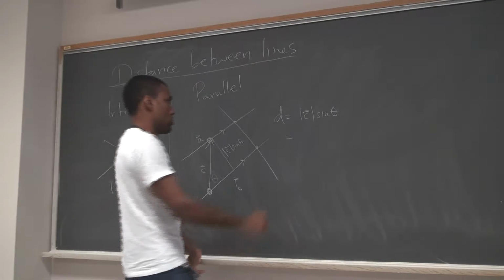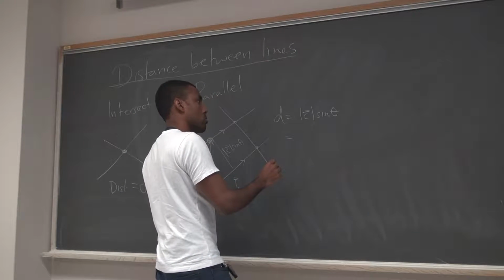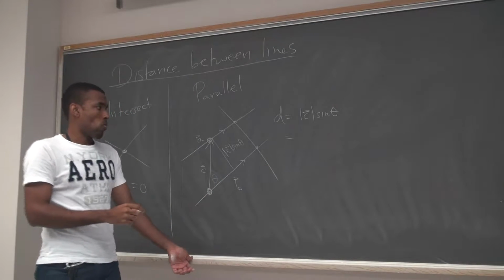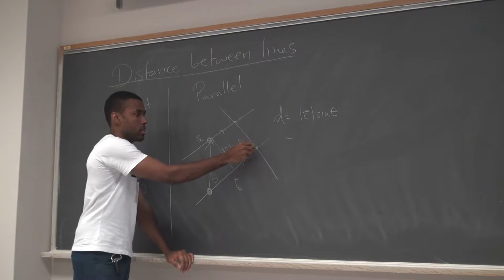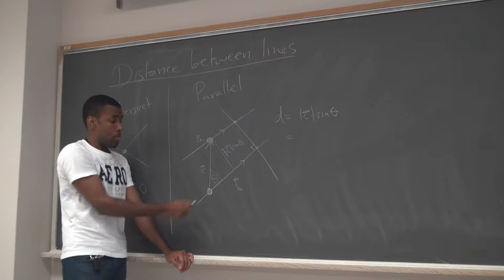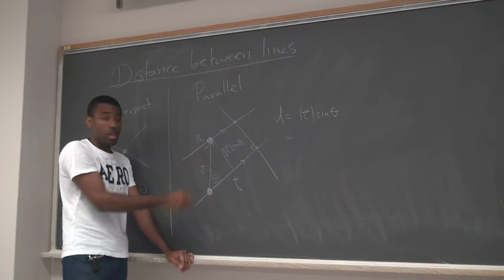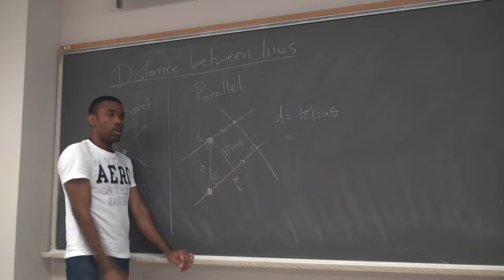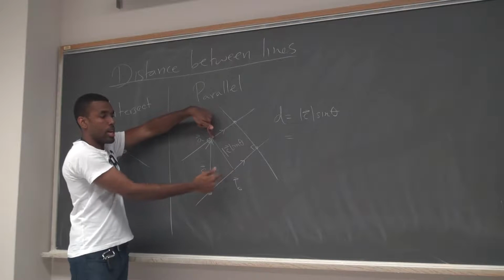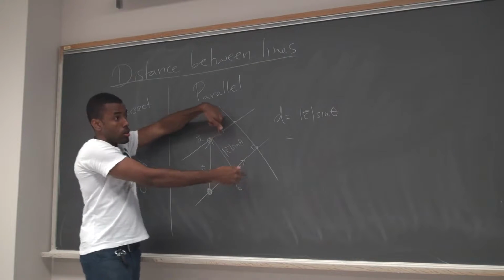Wouldn't the angle have to be 90 to find the shortest distance between two parallel lines? This angle is 90. This is the angle I'm talking about here. I pick two random points on each line, connect those with a vector, consider the angle here. I can find the magnitude of this based on that angle,